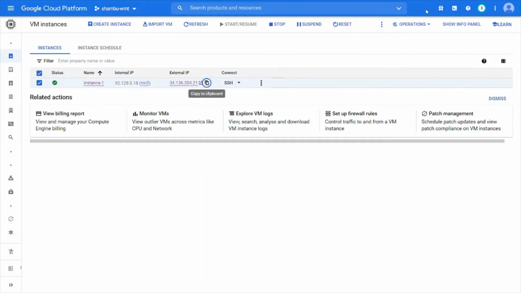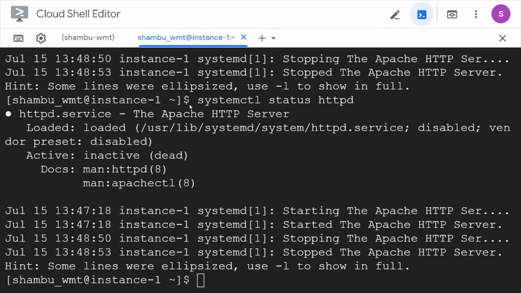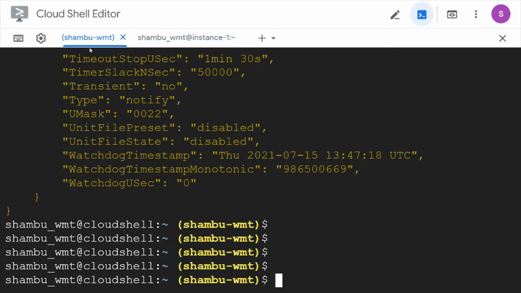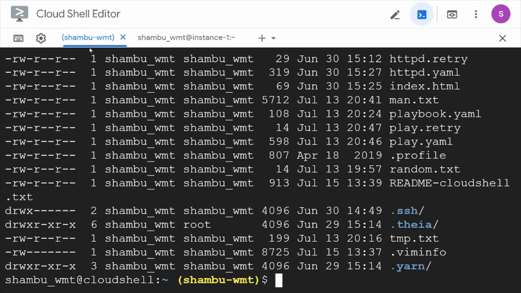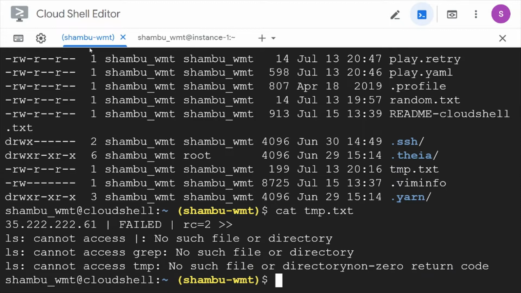Okay, so like this we can run the commands. And what are the other commands? Copy one. Clear. Let's see if I have some file here. Okay, there is a temp text file.